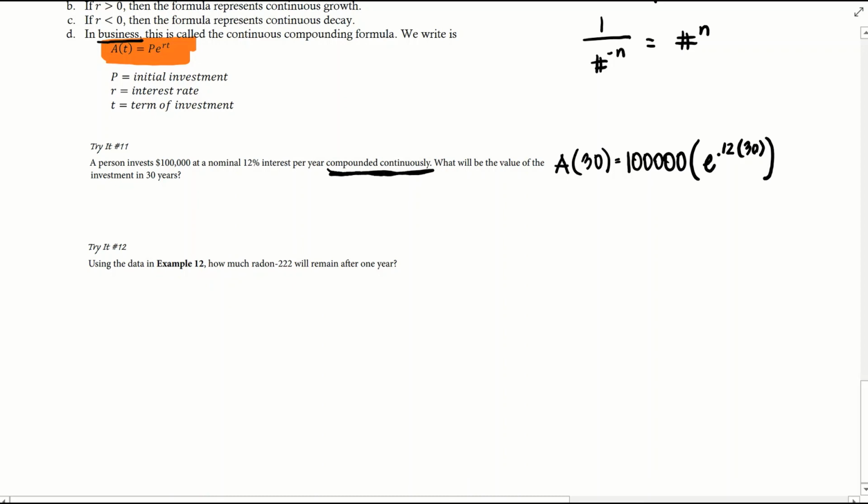And remember, your rate absolutely has to be in decimal. So you can't just put 12 here because that wouldn't work. So remember, E is a button on your calculator. You're going to use that, and you're not going to round at all until the very, very final answer. So it will be worth